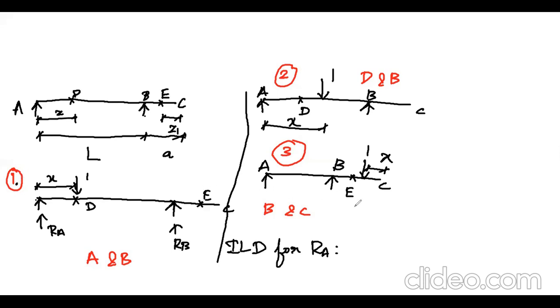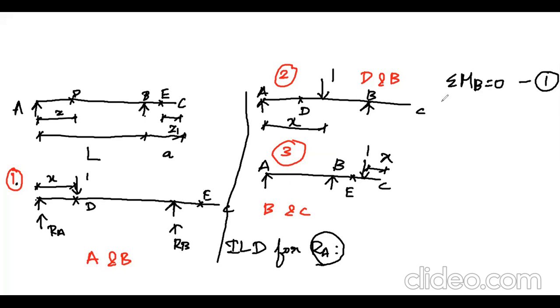First I am taking this first condition, and I have to take the moment about B, so that I will obtain the value of RA. First I should know the value of RA, and only then can I compute the influence line diagram for RA. For that purpose, I am going to take the summation of moment about B. In the first figure, this moment is with respect to the first condition.